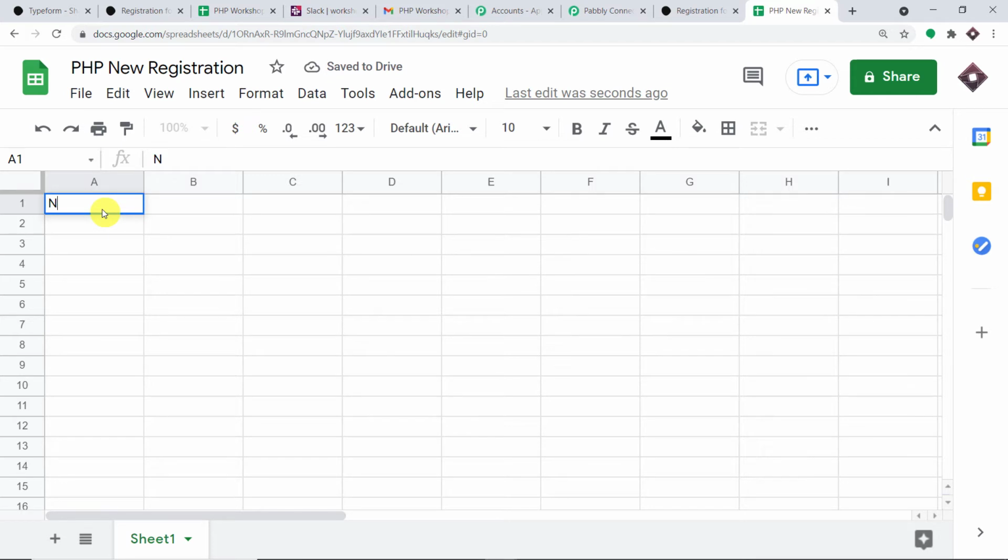How about name? Then we have email. Then we have, I think, the phone number. And then we have the city. Okay, excellent. So let me just bold this. Okay, so we have established 4 columns: name, email, phone, and the city.